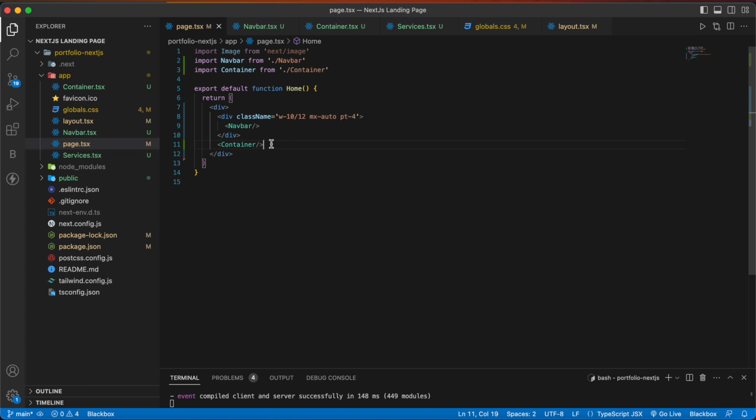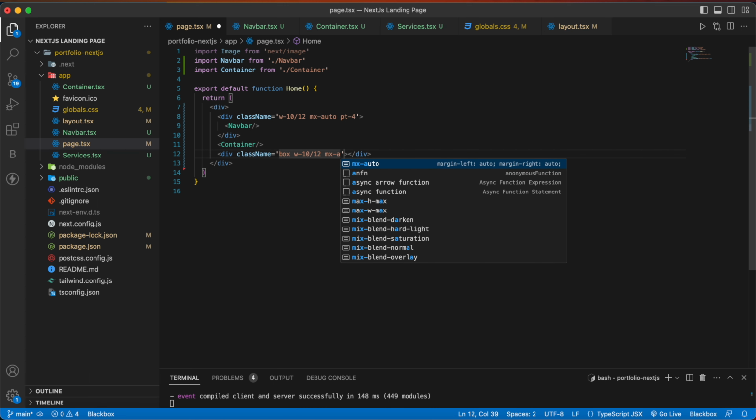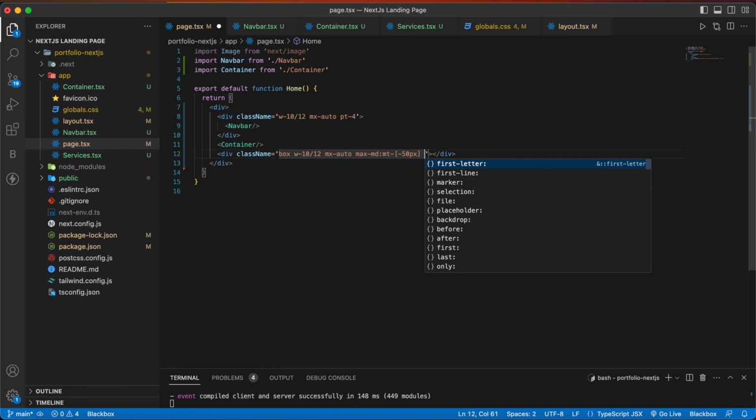Before importing our service component here, let's have our div, the class name of box, w10 by 12, mx auto, max md, md will be minus 50 pixels, and md8 mb of minus 20 pixels.